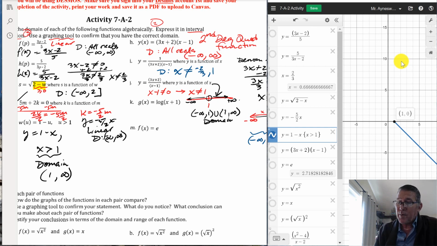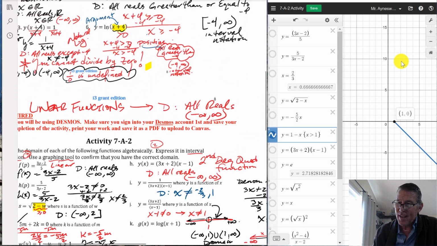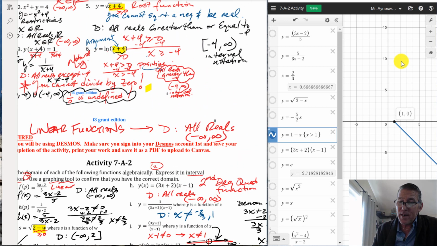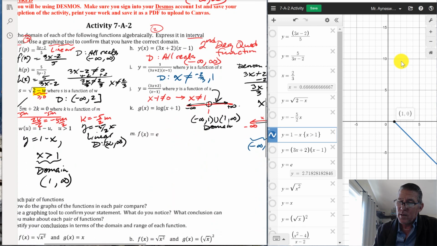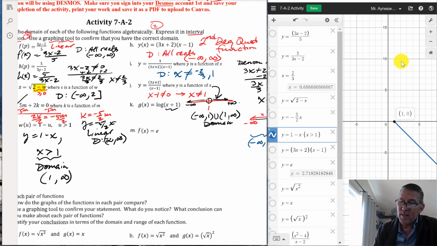Now, a couple more here. We got the log of x plus 1. As I told you before in the previous lesson, the argument has got to be positive only. I don't care whether it's a natural log or any kind of log here. The argument has to be positive. It can never be 0 or negative. So all you do is say, the argument here is x plus 1. That's where you focus your attention. And that's got to be